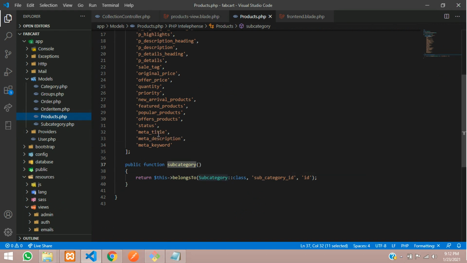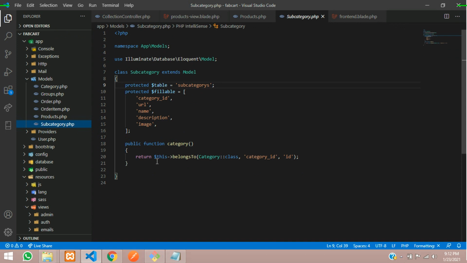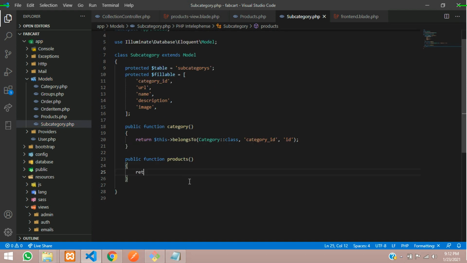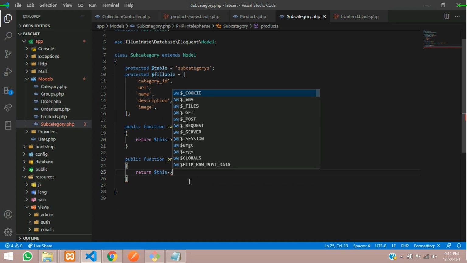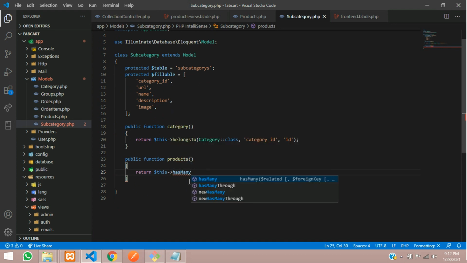Let's go to the subcategory model and create a hasMany relationship. Create a public function products, and inside it type $this, then use the hasMany function and pass your product model.